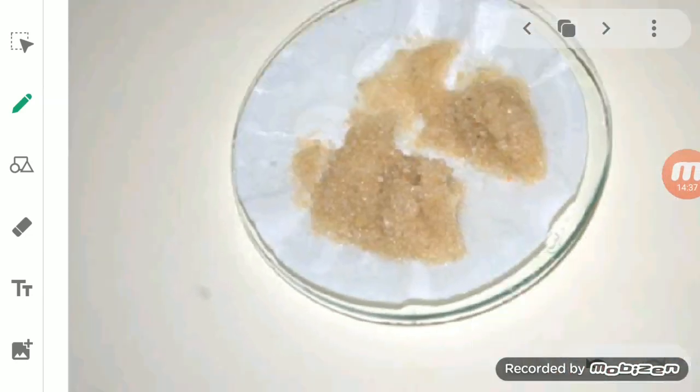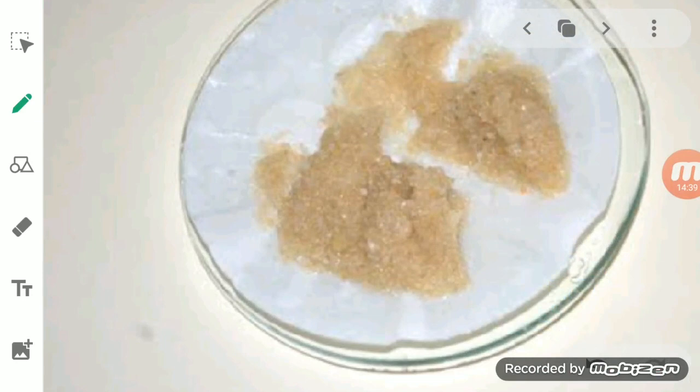You can see here, we collect the sand on this filter paper. You can take an example of chalk and water also. Chalk and water is a heterogeneous mixture. When you pour the chalk water solution through the filter paper, the chalk powder remains on the surface of the filter paper, while the clear water goes into the conical flask, which is kept just below the funnel. So by using the filtration process, we can separate the solid and liquid constituents from each other.